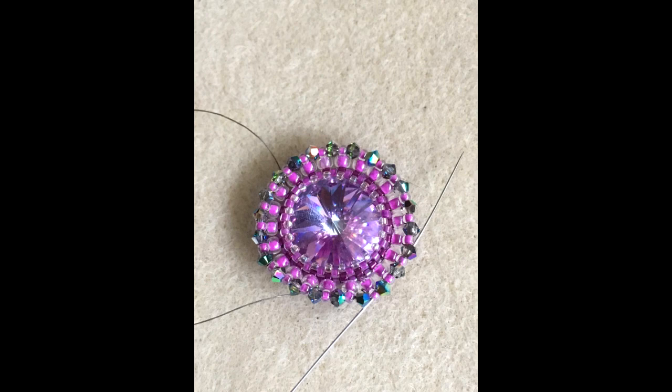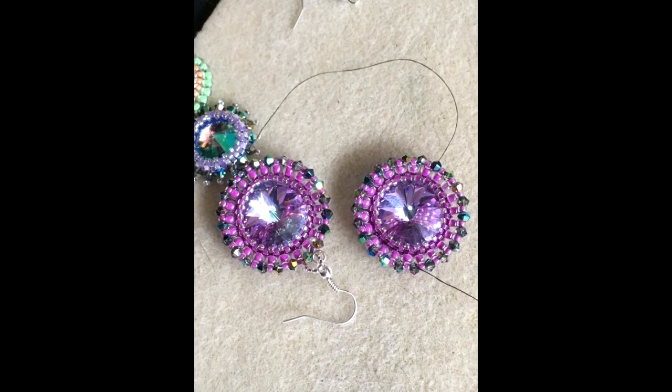There we go. And of course, the name of the game is reinforcement. If you leave it like this, it's too loose. So just go around and reinforce, just round and round and round as much as you can without too much trouble. And now we have to think about adding the